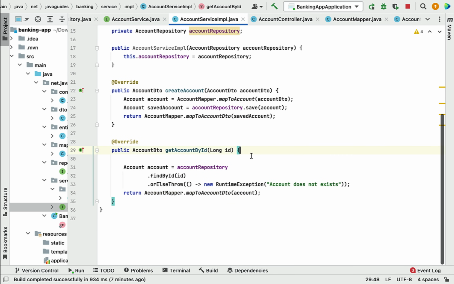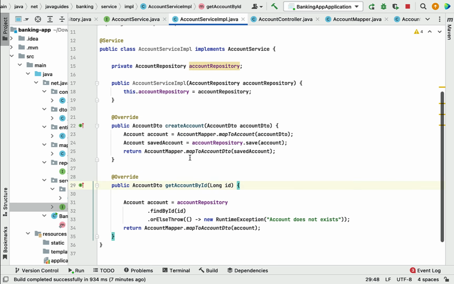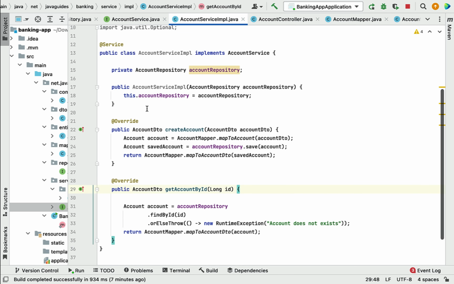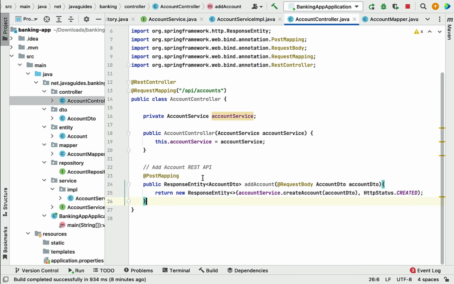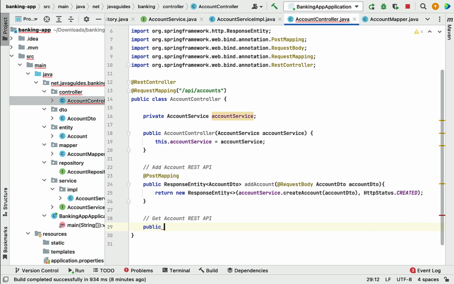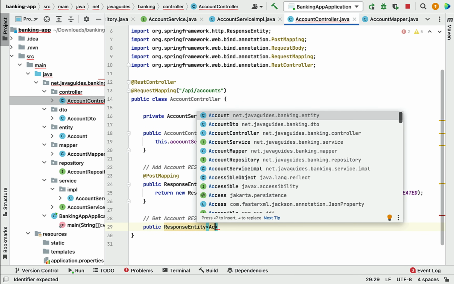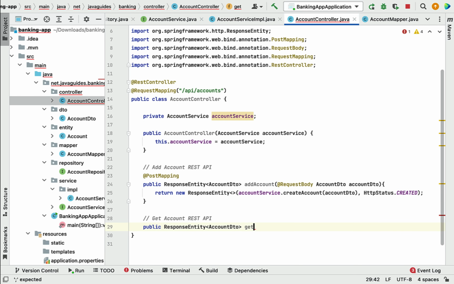Perfect. Now we have created get account by ID method in the account service IMPL class. Next, let us create get account REST API that will internally call this method. So go to controller layer and go to account controller class, and here let's create get account REST API. So here let me first write the comment get account REST API. Let us type the method public and then response entity, and then pass account DTO as a type. Let's give method name as get account by ID,